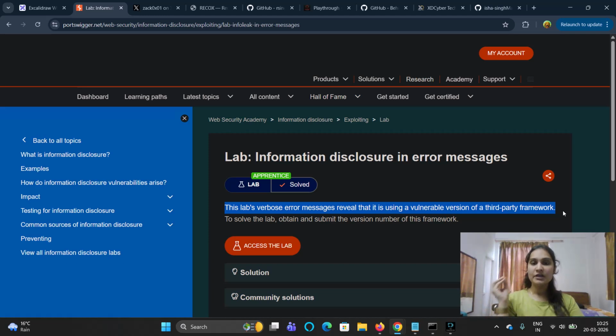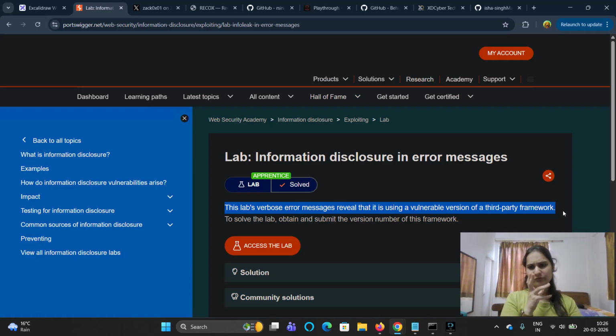In that verbose error message, it is revealing a version which is also vulnerable. So number one, there is a third party framework. Number two, the version it is using is vulnerable. Third, the error message is revealing that.